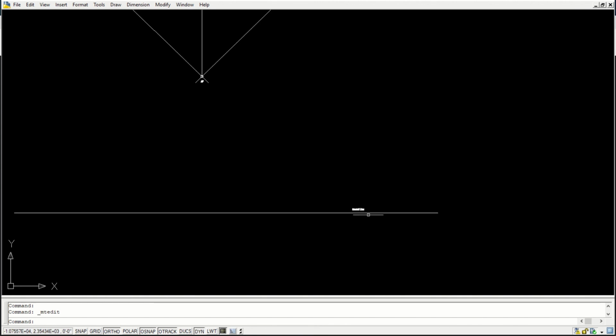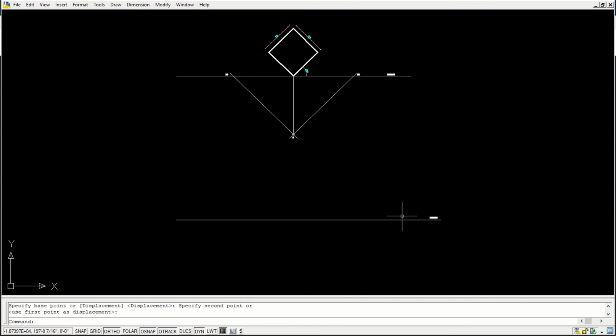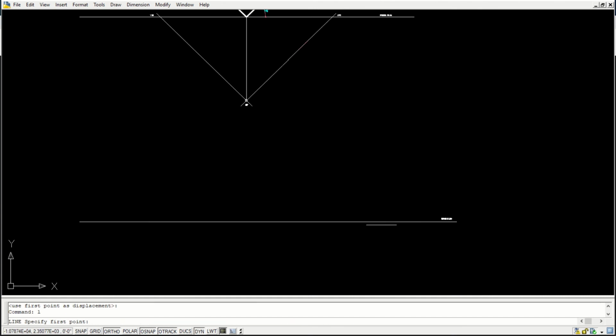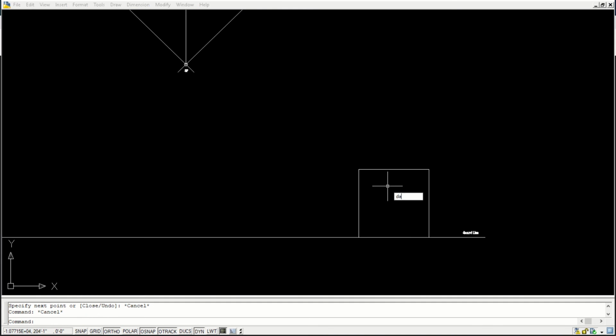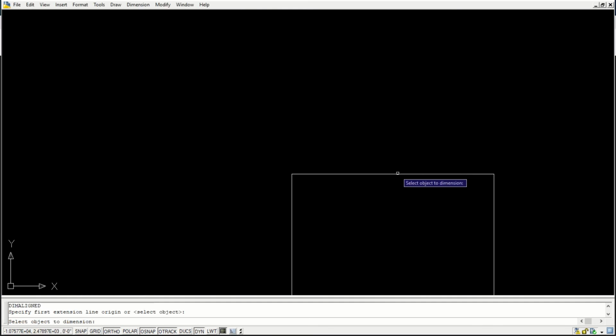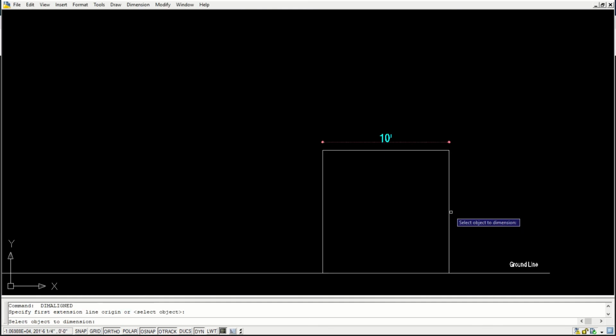What I do here, on the left hand side, is I'll draw the object here, showing how it looks in elevation.